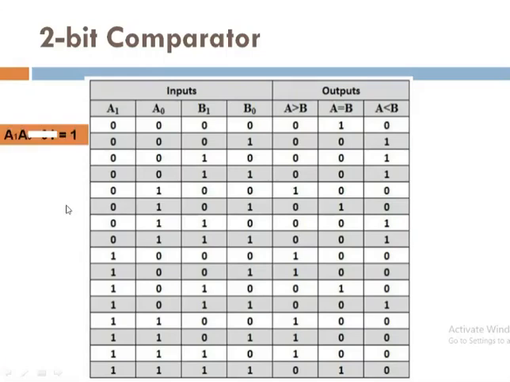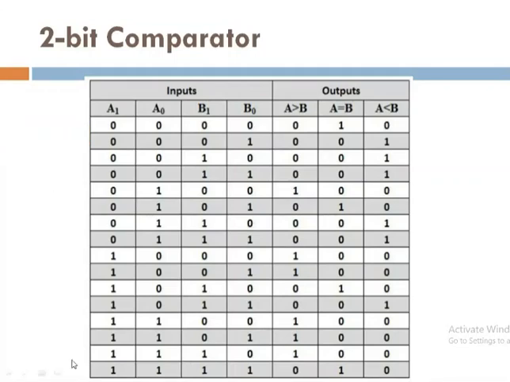See here, first consider the example where the A1 and A0 values are 0, 1. Now this 0, 1 is my binary form, and I am going to convert this binary form into decimal. If you convert this binary, my decimal value is 1.